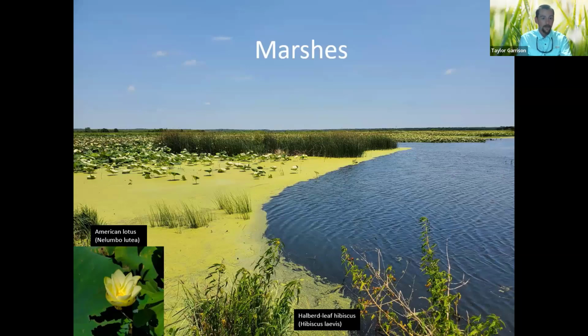And so not necessarily a bad thing, but if you're trying to enhance diversity of wetland plants for ducks and other wildlife habitat, kind of keep in mind how high that water level is during the growing season. And we also have duckweed kind of growing along the margins of this canal through the marsh. Again, and also in the lower portion of the photo is where I'm at the levee of the wetland. We have halberd leaf hibiscus. And so there's several hibiscus species present in Texas, especially in East Texas, that are kind of a woody flowering plant that do grow along the banks.